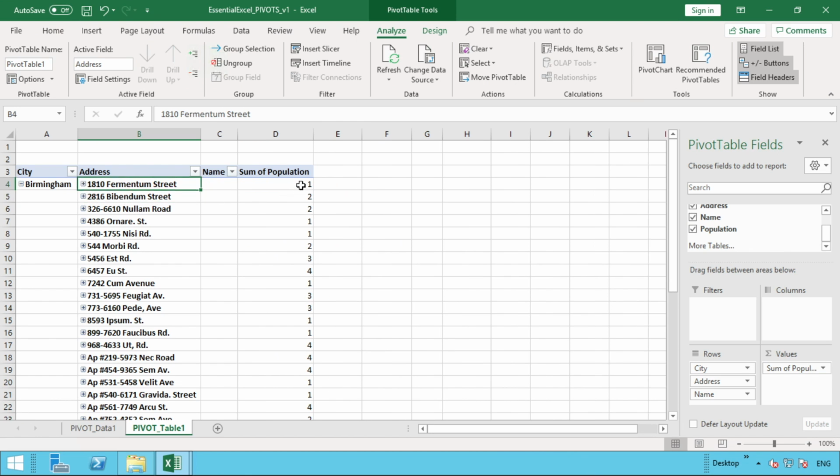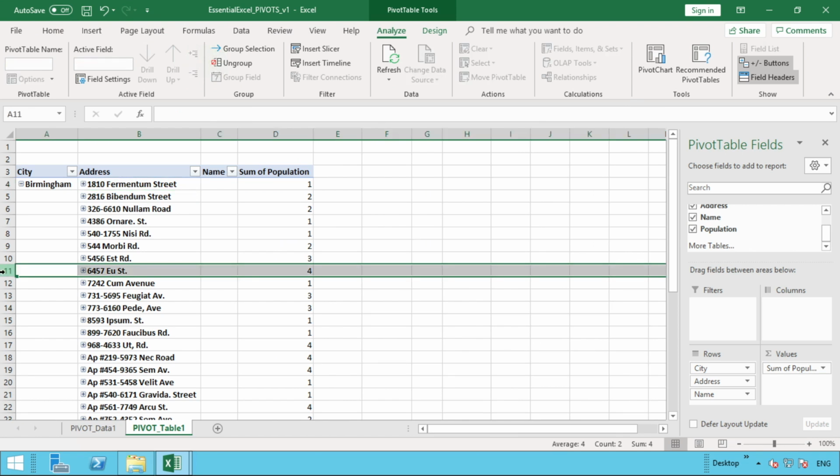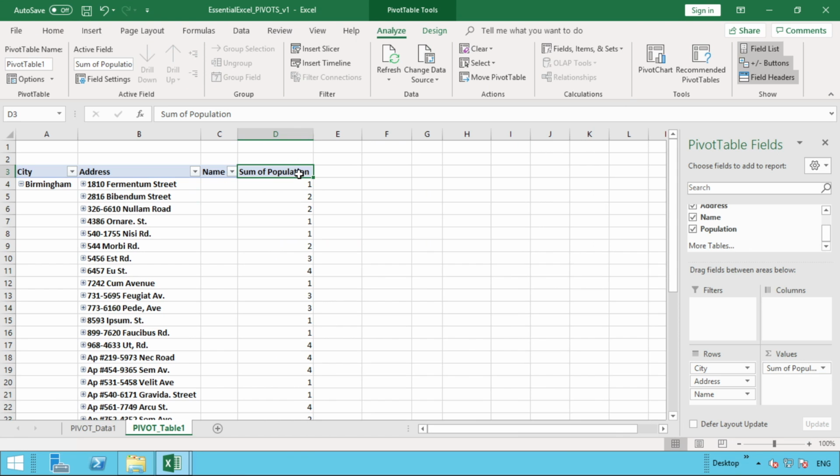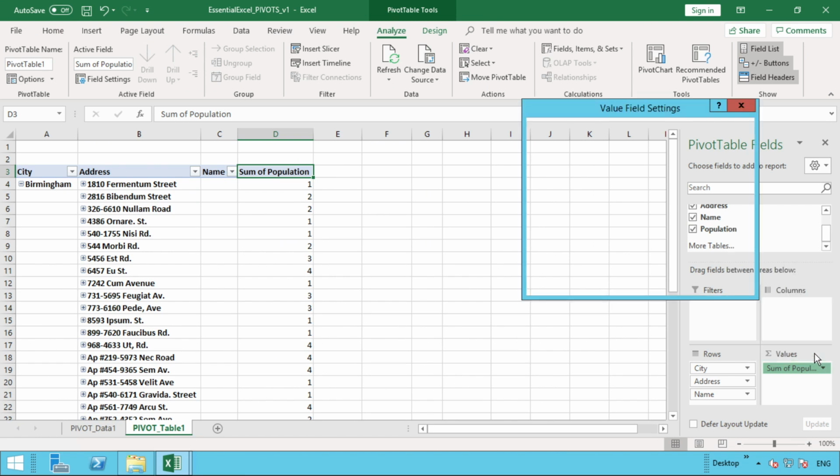So we can see we've got some population of 2s, we've even got a 4 in row 11. So at that address, there's 4 people living there. And that's by getting sum of population. So in order to change this, because we could put it back to a count, just so it showed a number of addresses, if you click your little drop down by sum, you can go to value field settings,